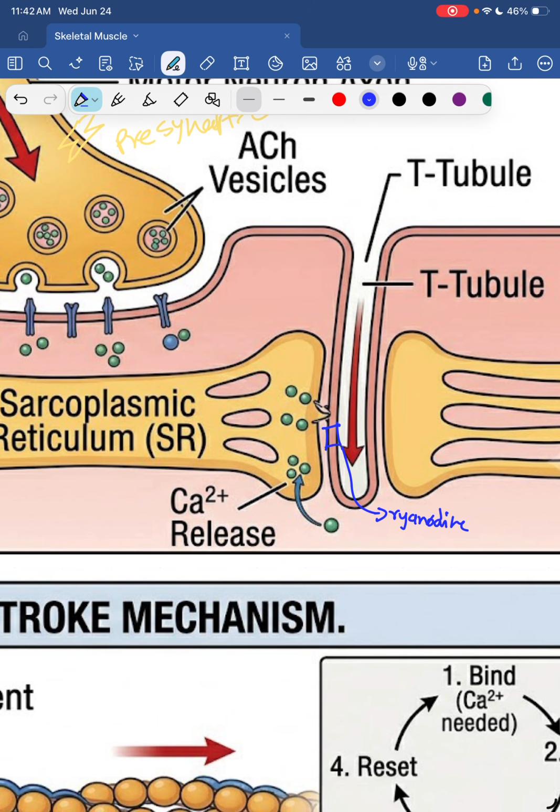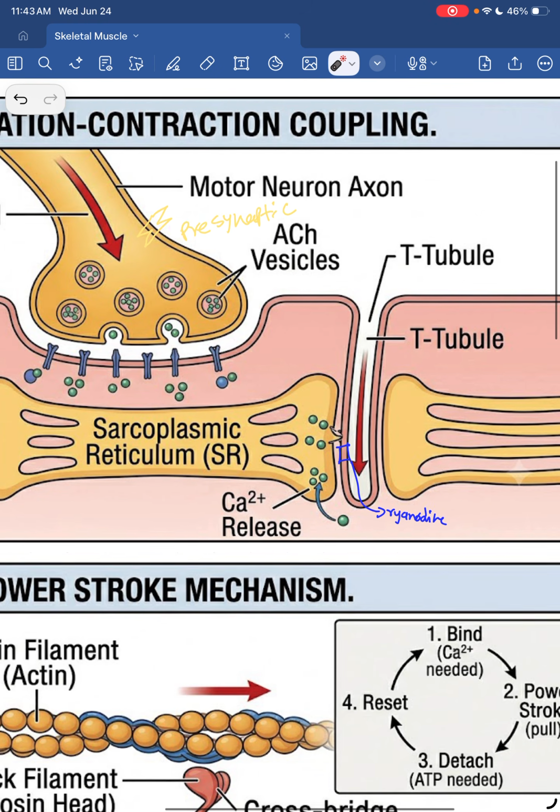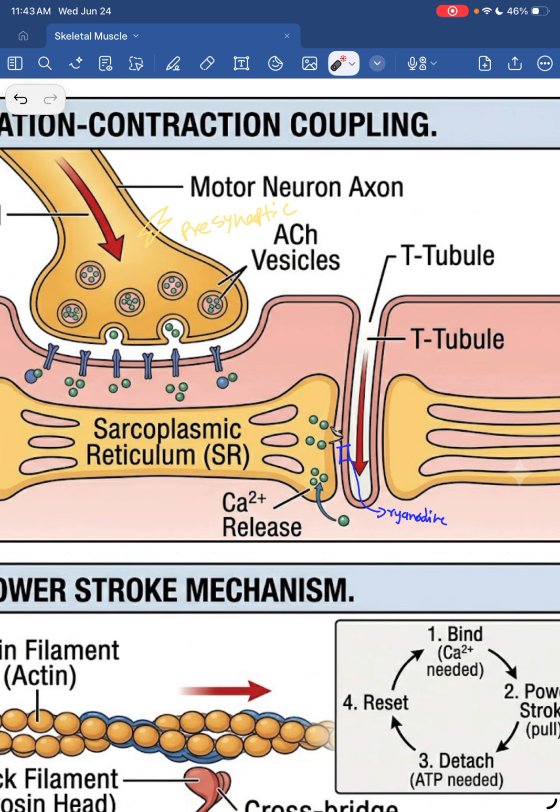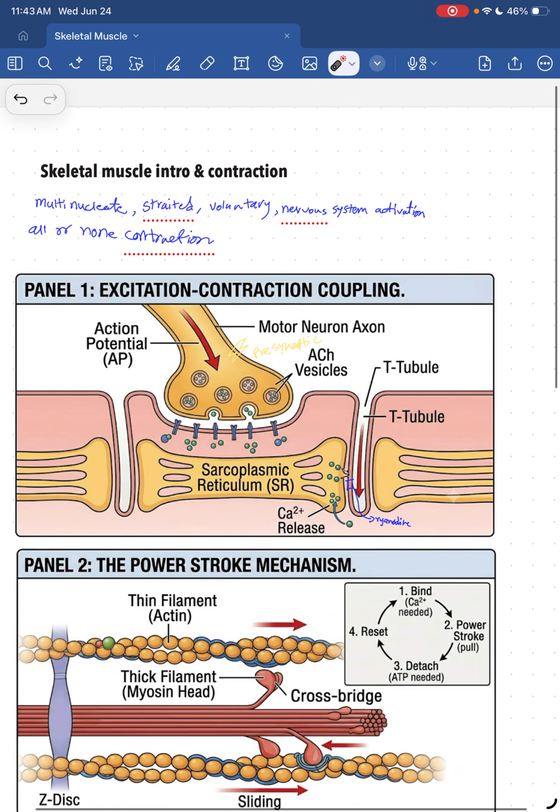And what they do is they are adjacent to a sarcoplasmic reticulum. And what sarcoplasmic reticulum does is it stores a lot of calcium in the cell. Once there's a change in voltage, these guys are gonna open, causing calcium, which has a high concentration over here in the sarcoplasmic reticulum, to release into the cell. Now, once this happens,